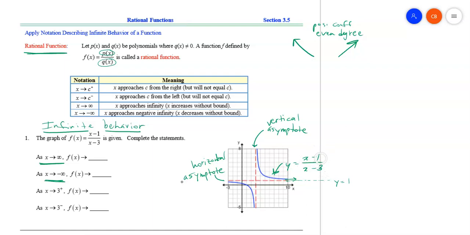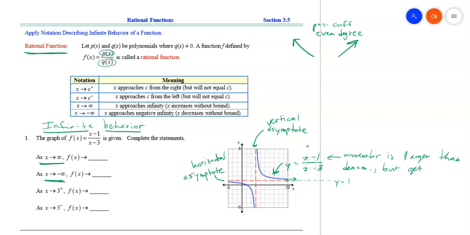Since we're taking the number x and subtracting 1 to get the numerator, and we're taking that same number x and subtracting 3 to get the denominator, always the numerator will be larger, of course, than the denominator. Numerator is larger than the denominator, but do you notice that the values, especially when you're looking at the proportion of these values in relation to each other, since that's what a fraction is, and fractions are kind of like ratios, the numerator is always larger than the denominator, always bigger by 2, but